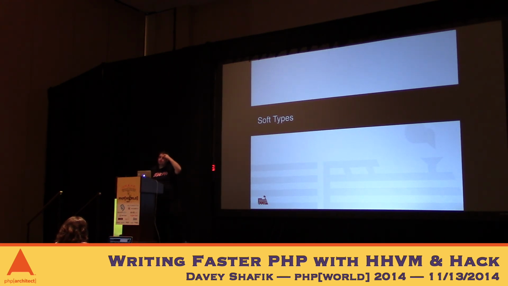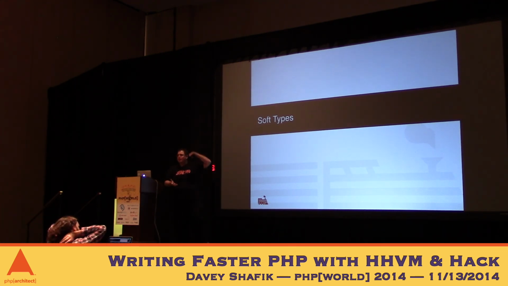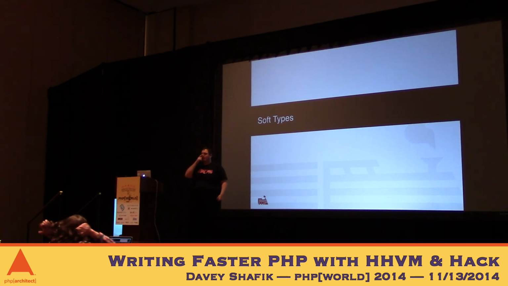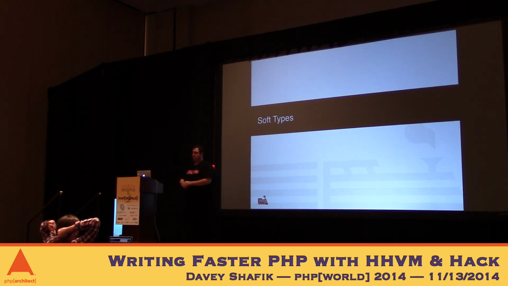The primary point of soft types is intended for a migration tool. So you're going from PHP to Hack, and you're not sure necessarily about every single code path. So you can use soft types to say, I'm pretty sure this is an int, but put some boxing around it if you're jitting it and make sure that you check. That boxing basically says, is it an int? No, it's not. So let's go back through the old interpreted mode. Oh, it is. We can use the fast performance JIT stuff. So soft types are awesome.